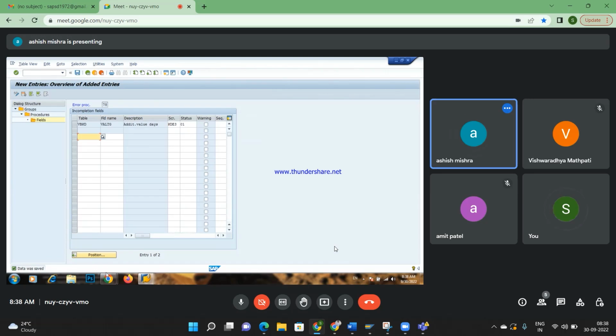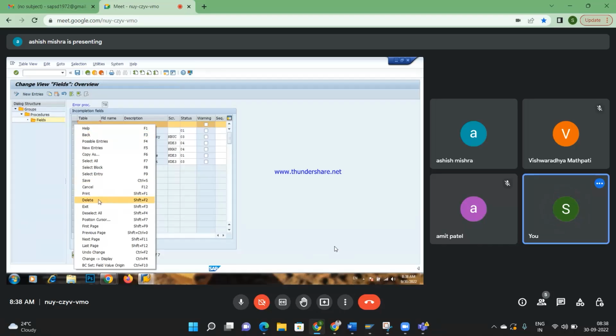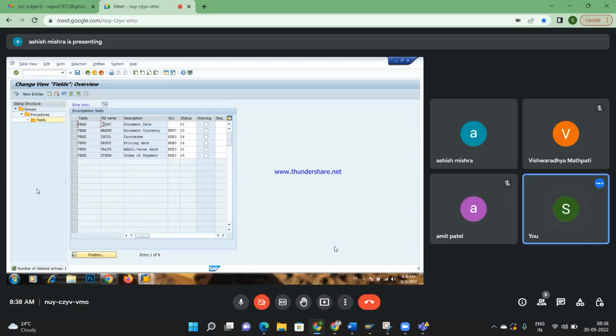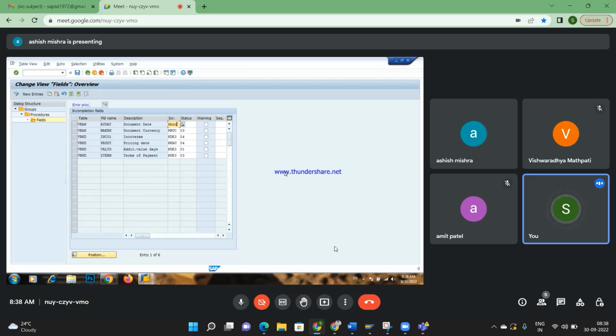Come back once. Okay. Delete the first row. Select the first blank row. First blank one. Yeah. Delete it. Yes, save. And for the VBA document date, look in the screen, you have deleted it. Give KBUC. Hit enter and save. So now to your procedure number 78 you have added an additional field of additional value